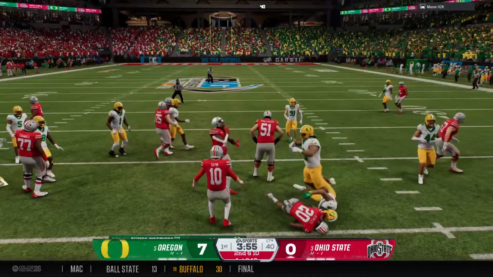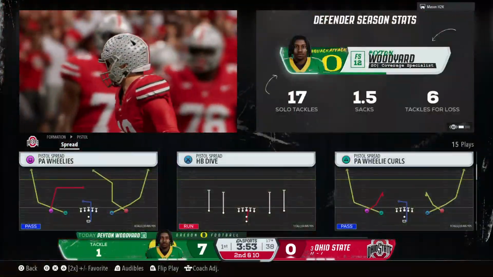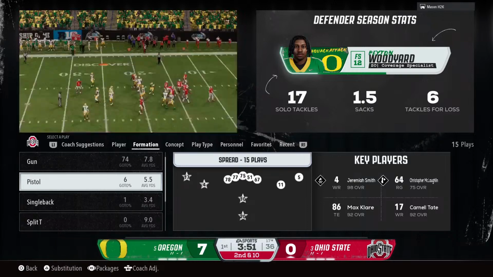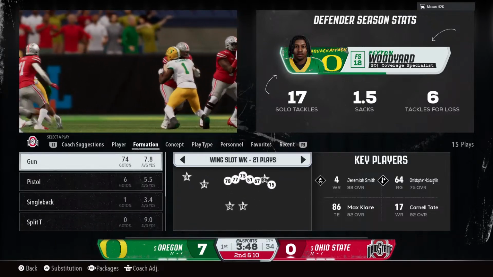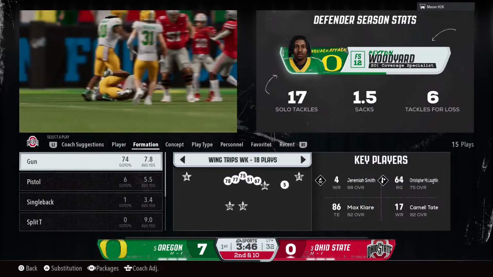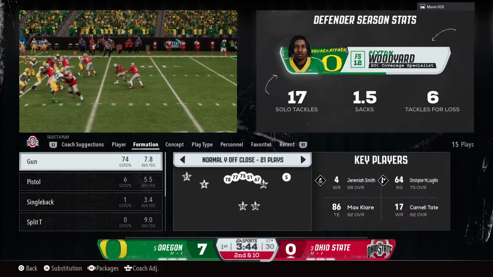Find some room. It's Peoples. The defense all over it. They stop him right at the line. That back just had nowhere to go. Got to give credit to the defense and their run fits on that play.